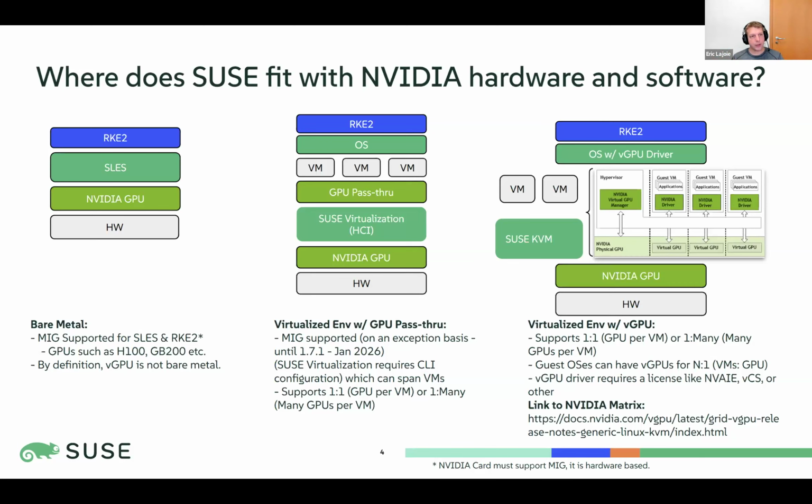The caveat here is that the virtual KVM driver that does this is from NVIDIA, which you do have to pay a license for. You don't get access to that driver like you do with the operator until you've paid and gotten through the portal to get access to it. It does support it inside of SUSE's virtualization layer, but of course that's an additional cost in the ROI of the whole platform. So again, to recap the right two, which I see a lot in the sovereign space: PCI pass-through for full GPUs, or cutting them up and passing them up.